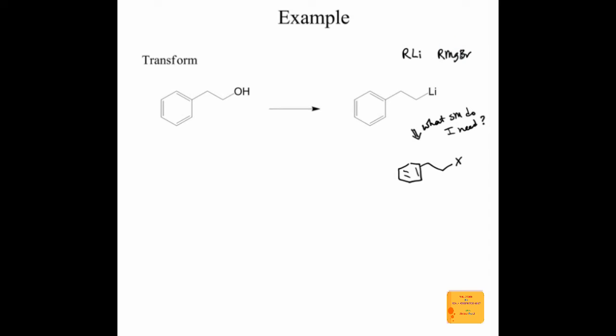With the Grignard, you still see the bromine or the iodine or the chlorine here, so you know which halide you need. Here it could be anyone you want. So this could be chlorine or bromine or iodine. And we've seen that transformation, conversion of alcohols to alkyl halides is definitely something we can accomplish